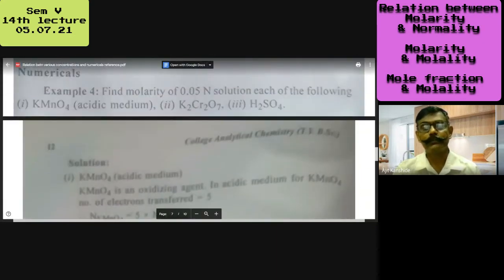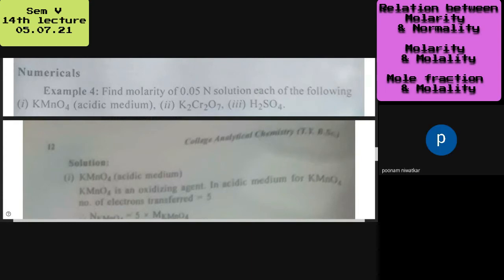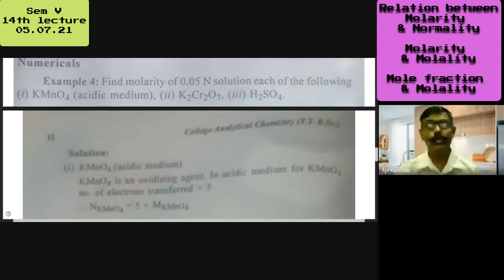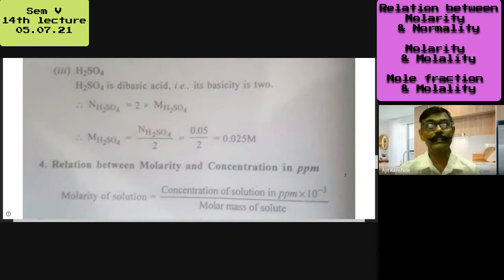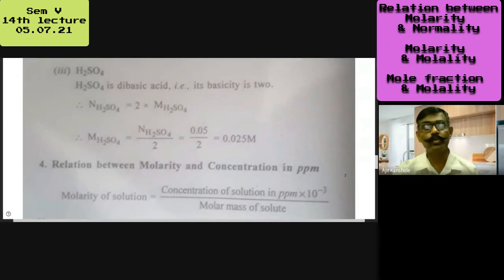Now, the third term is H2SO4. H2SO4 is not a redox reagent here. It is an acid, so it will be with acidity or basicity. Basicity, right. What is its basicity? 2. Yes, 2 H plus ions are there. Accordingly, it will accept 2 OH minus ions, and therefore its basicity is 2. Normality is equal to basicity into molarity, or molarity is equal to normality divided by 2, and therefore molarity can be found.